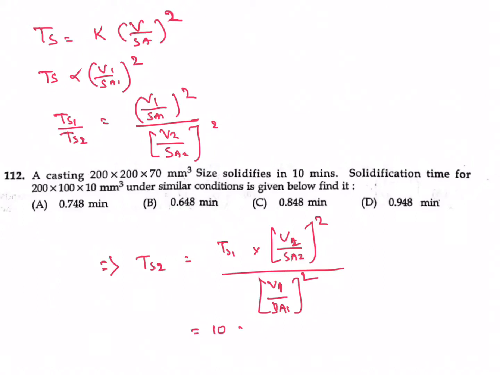TS1 is 10 minutes. In case of 2, volume is 200 into 100